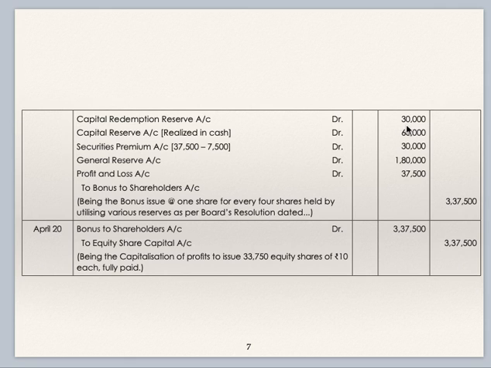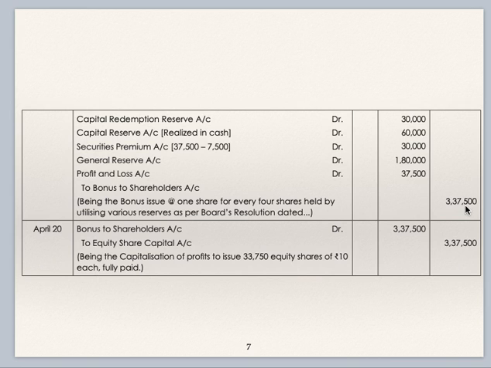Capital redemption reserve account debit 30,000. Fully you can use CRR, capital redemption reserve. Capital reserve only 60,000 to be used, which is received in cash. Securities premium only 30,000 to be used, which is received in cash. General reserve 1,80,000, entire amount to be used. Profit and loss account balance figure 37,500 to be used. Bonus to shareholders is